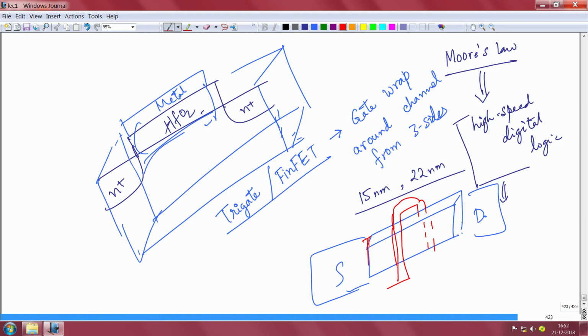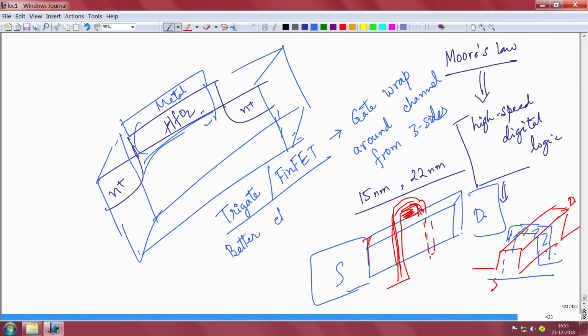The gate will wrap around, all around, top, bottom, everything, with a dielectric also there, but it will wrap around everything. You can think of this as the side view, but in the front view you can think of this kind of a structure. So source is here, drain is there, for example, and the gate will come up on top of this like this. It will also go on the other side, of course. So it's like a FinFET or a tri-gate architecture that helps a better confinement of the carriers.